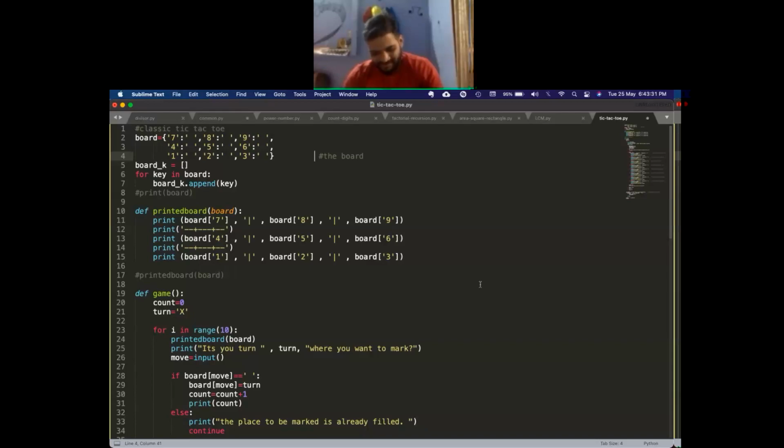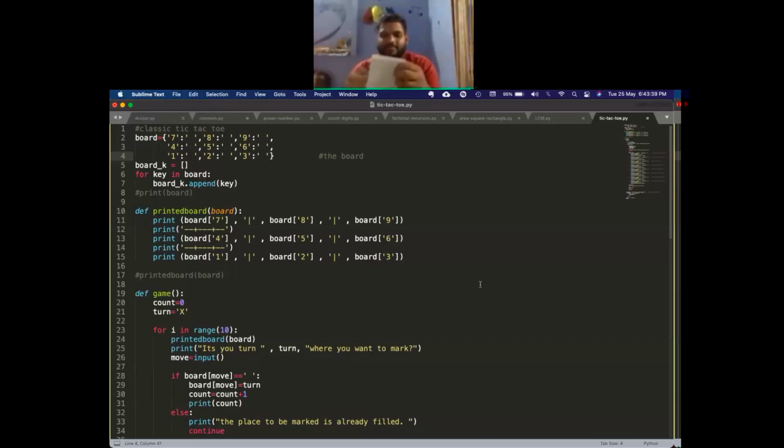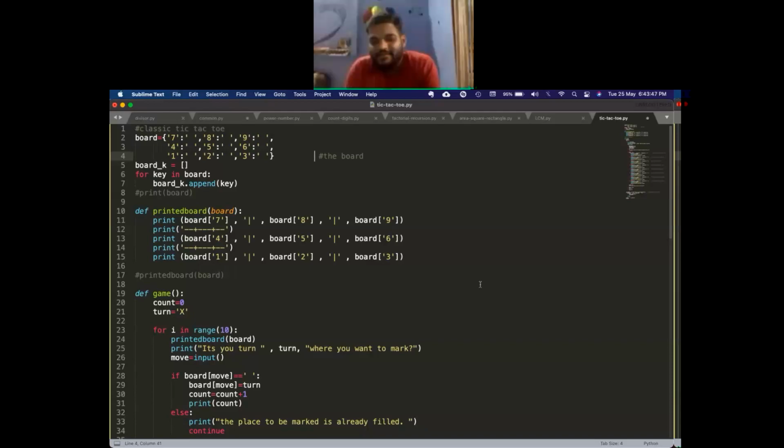My biggest problem was how to just print this board. Number one challenge was how to make this board. Number two challenge was, will this board be reused again?